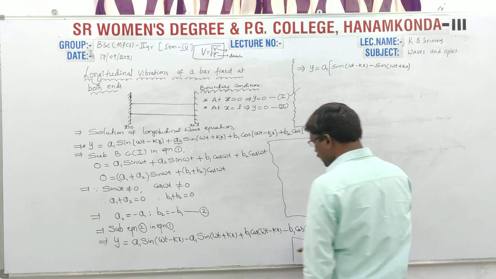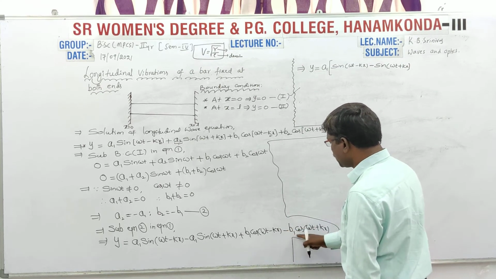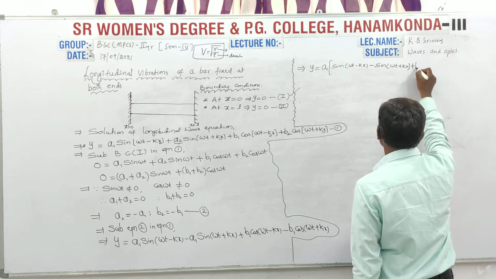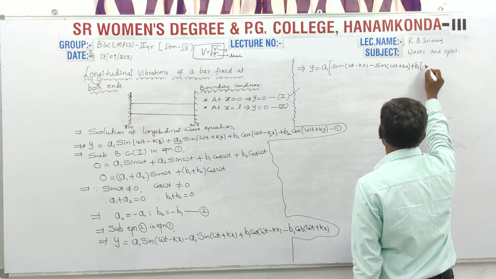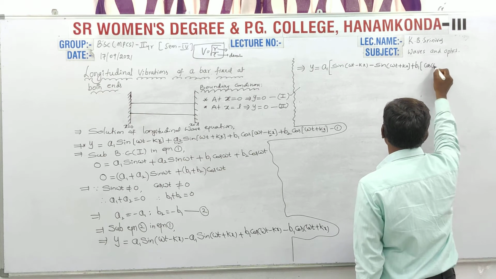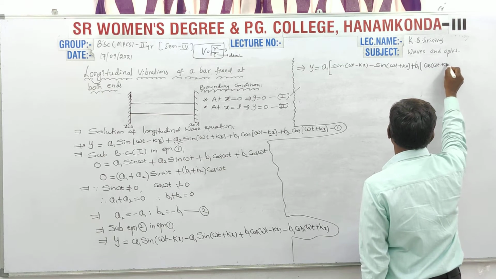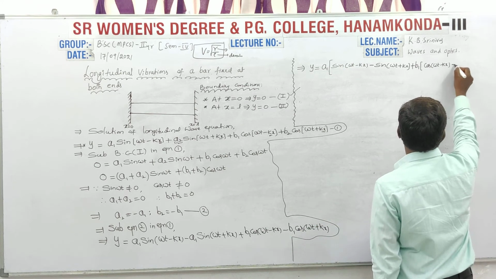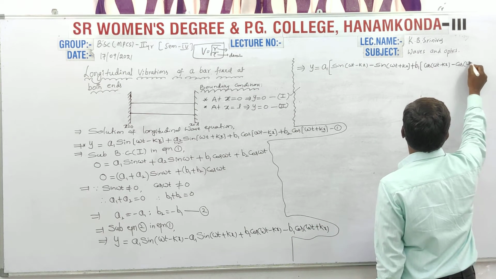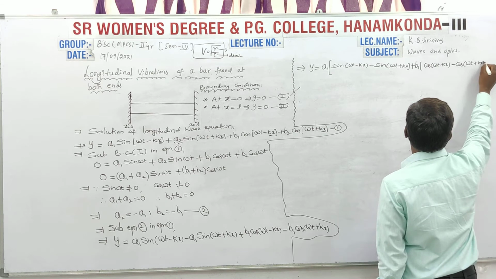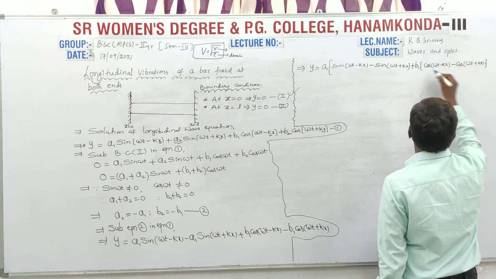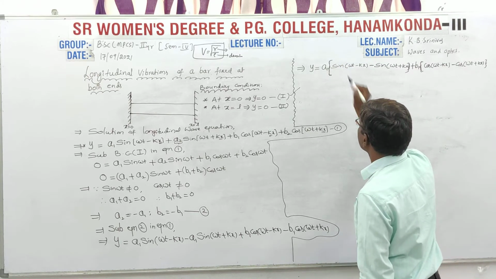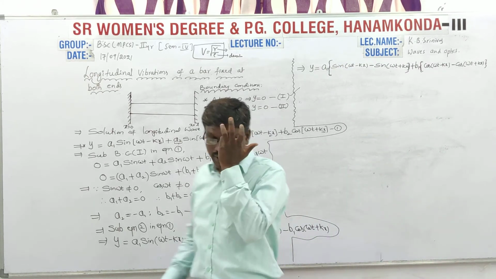Okay. Coming to the last two terms, what is the common term of these two terms? b1. So that is why here I am taking b1 as common. Cos of omega t minus kx. Already here we are having minus, minus cos of omega t plus kx. So just write this bracket. Right. So this is about the equation.